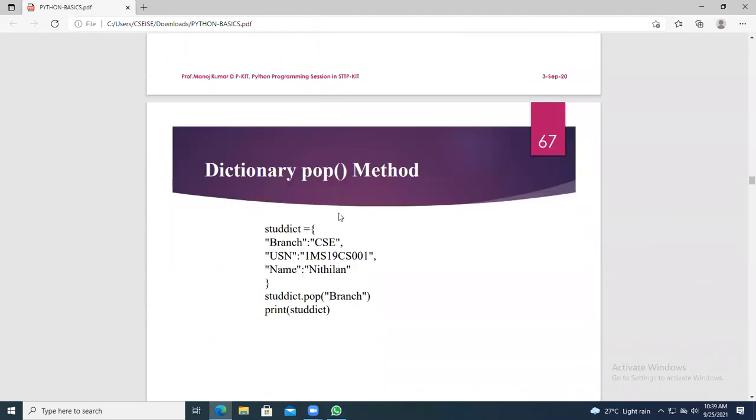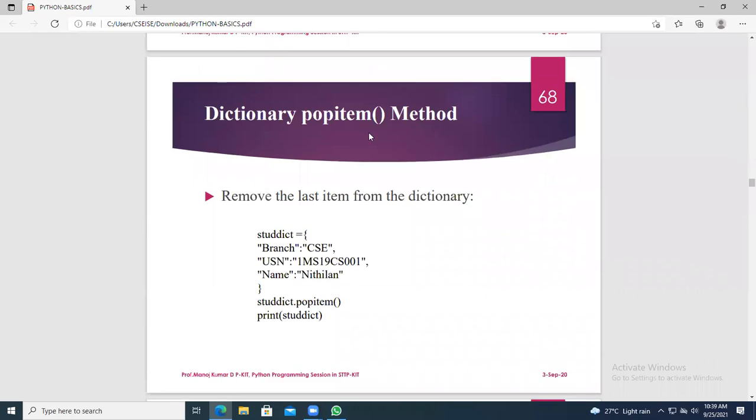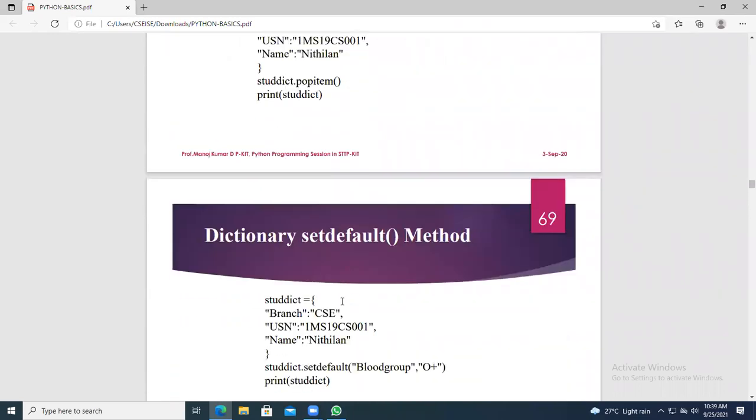The pop method has already been discussed. Dot pop of branch, and popitem. Pop takes 1 parameter, and the value will be printed. Popitem will not take any parameters.